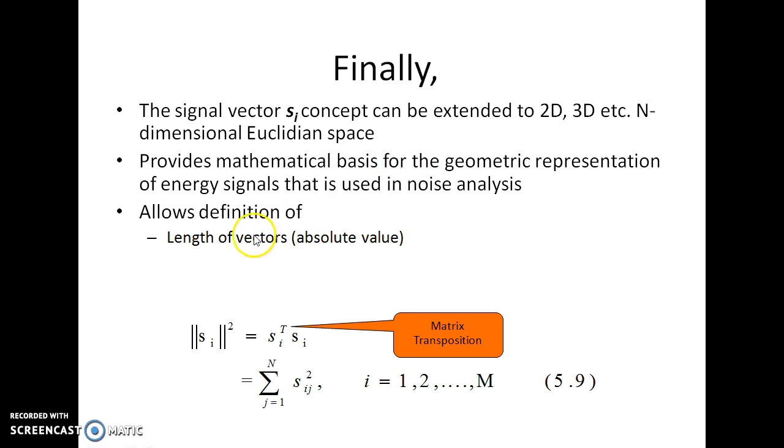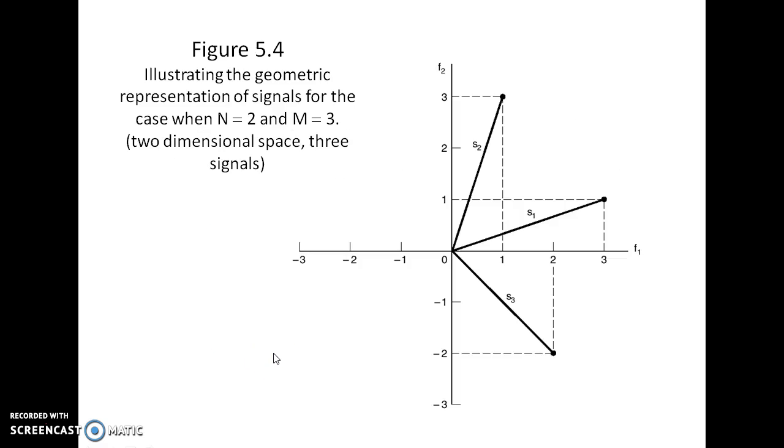Now there are various other properties. Suppose I want to calculate the length of the vectors in a space. When I have geometrically represented my signal as a vector in this n-dimensional space, and I want to find out the length of the vector, the length is denoted by the L2 norm of the Si vector, and the formula will be Si transpose. You have to remember this matrix, you simply multiply it with the Si matrix. So substitute these values, and the length of the vector will be the sum of the coefficients squared, and you have to do it for all the components on all the axes, that is, j running from 1 to n.